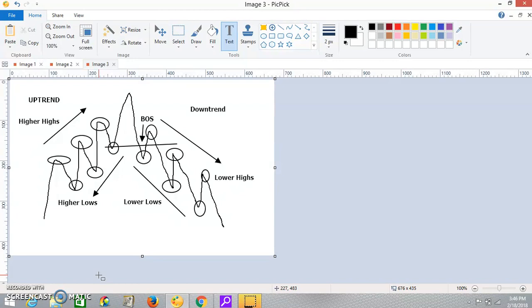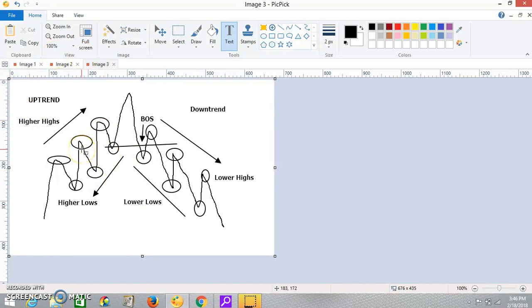So before you even think about trading a pair, you have to know market structure. Market structure is so important, because you want to make sure that you're buying and selling where you need to be buying and selling. Right now, I'm going to go over how to tell if you're in an uptrend, which